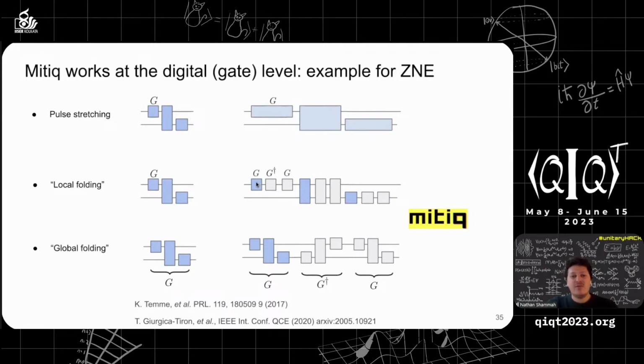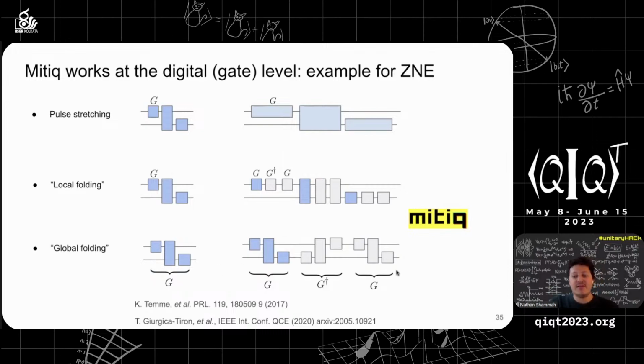In this case, you just insert single gates as duplicates. So instead of having just the gate G, one inserts G dagger and G. And the property of unitary gates is that G dagger G is equal to the identity. So at the logical level, this quantum sequence, which is much longer, does the same as this quantum sequence, and